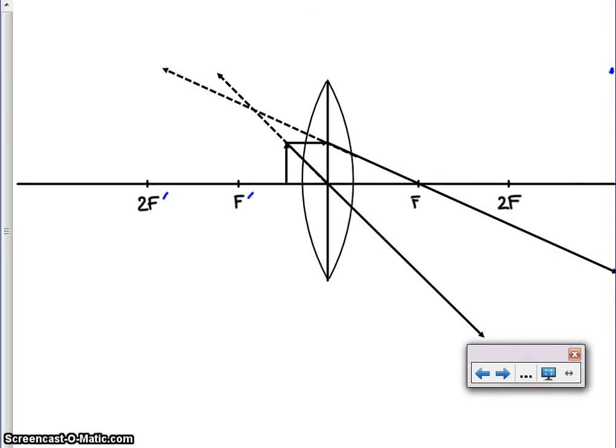So it looks like they meet here. It looks like they're coming from the left side. So I'm just going to label this so you know that's the object, that's the image. And if we were to do LOST for this,